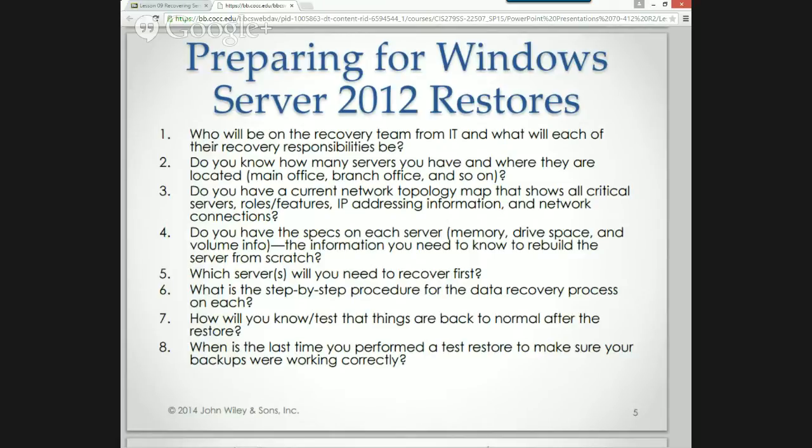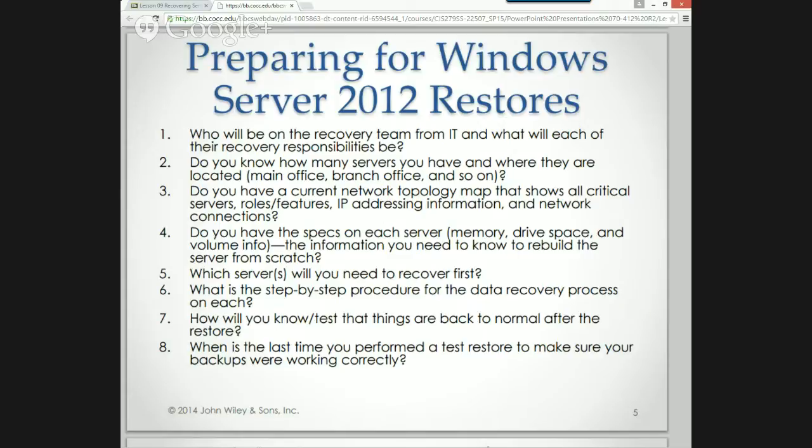So if we have multiple servers and multiple people in IT, we really want multiple people to be able to restore servers at the same time so that we don't have to sequentially restore servers. Now, there is one server that, in the case of a catastrophe, we need to restore first. And which one would that be in a Windows environment? The DC, the domain controller, right?